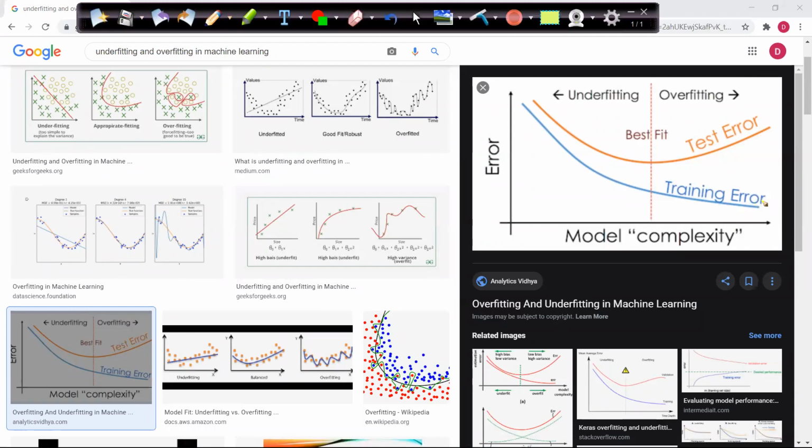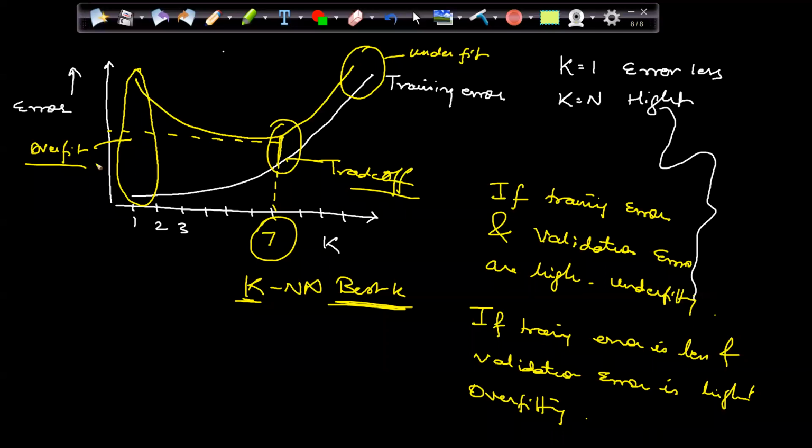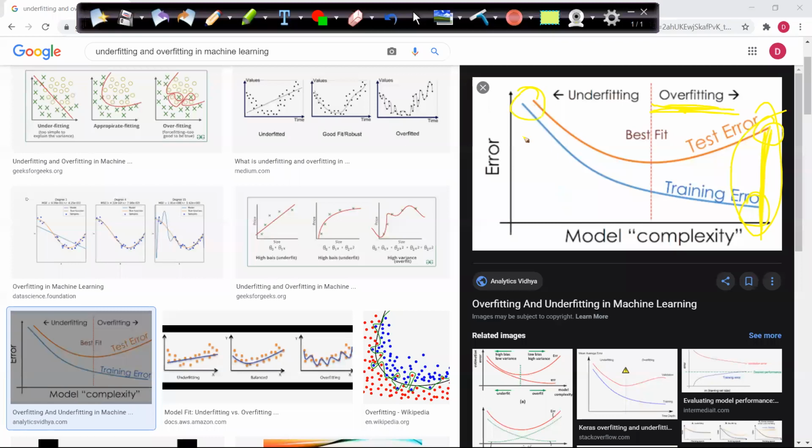Training error is almost 0. Test error. So this is my overfitting area. When the gap is more, that is what we discussed. Overfitting when the gap is more. And here the gap is less. Underfitting. And I am looking for the lowest error. That is my best fit.